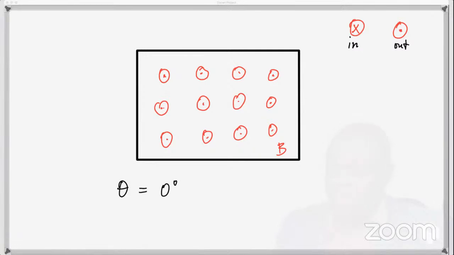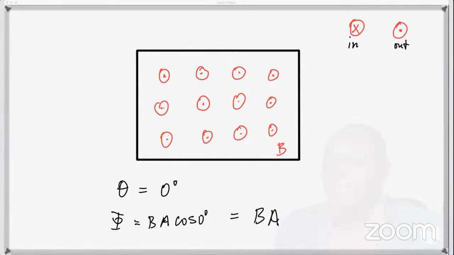So this is 0, and the flux here is B times A times the cosine of 0 degrees. What is the cosine of 0 degrees? 1. So the flux here is just B times A, and this is when the flux is maximum,